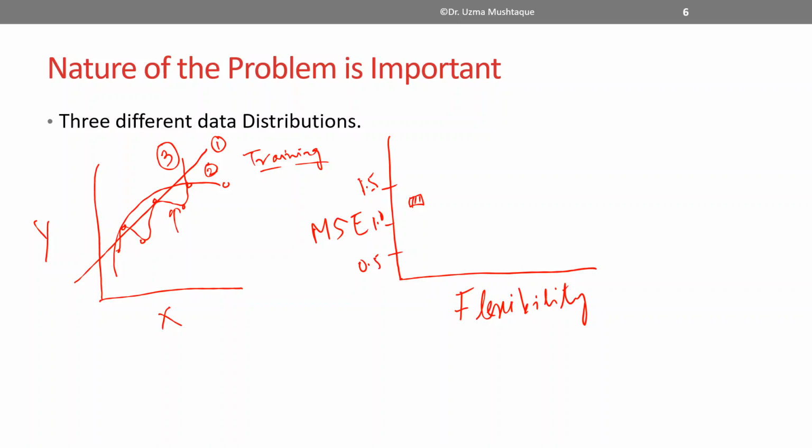So mean squared error for this, if it is here, then as compared to this one, so this is my model 1, right? Model 2 will lie somewhere here. Flexibility is increasing, obviously, with the second model because I fitted a quadratic equation, right? So it took into account more data points here, right? And similarly for the third one, as you can see, which is a very high order polynomial, right? It took into account all the data there, right? Mean squared error came down really a lot here. This was for the